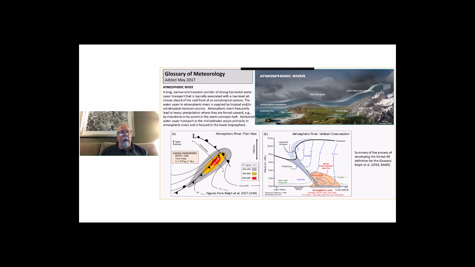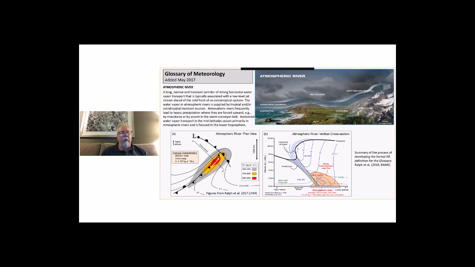The lower left is a schematic from a paper I did a couple of years ago using many different field experiments' data, and it shows the mean characteristics in plan view of an AR. Basically, you've got north, or higher latitude, towards the top of the diagram. The equator would be towards the bottom. The colored fill is the integrated vapor transport. The solid lines are the integrated water vapor, like we saw in that loop a moment ago. And what you see is that red area is the core of the AR. The gray represents the